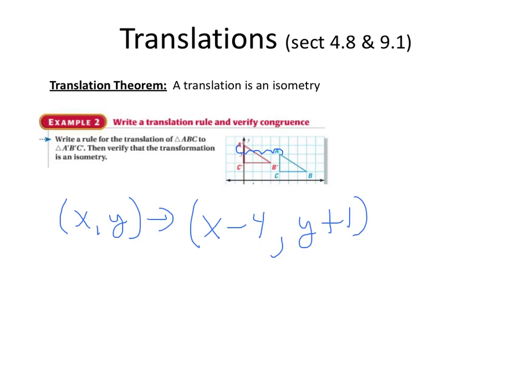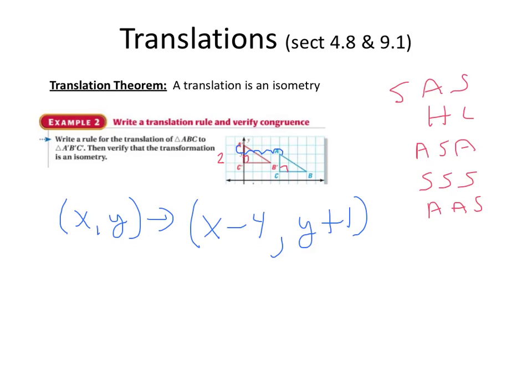I have my rule. To verify that it is a congruency, remember we had 5 ways: side, angle, side, hypotenuse, leg, angle, side, side, side, and angle, angle, side. Well, since these are vertical and horizontal lines, I know that that's the right angle, and so is that. So I've got one angle. I'm going to use the easy way. I'm going to count the length from A to C, 1, 2,